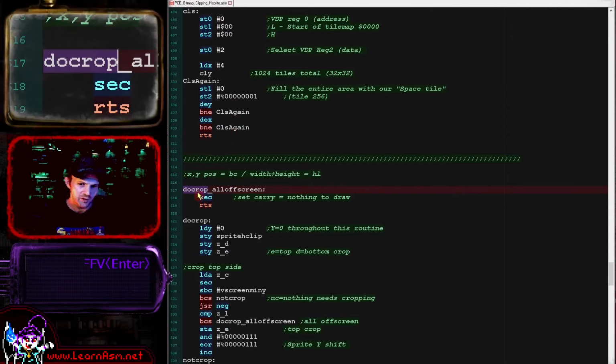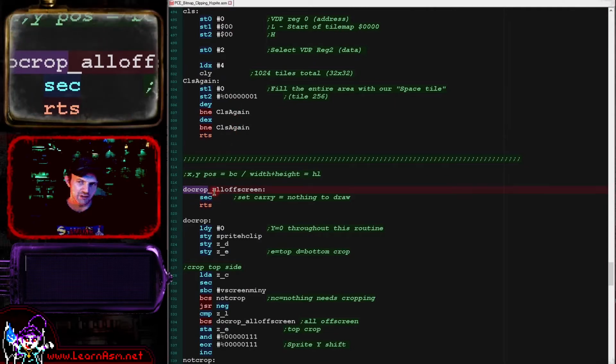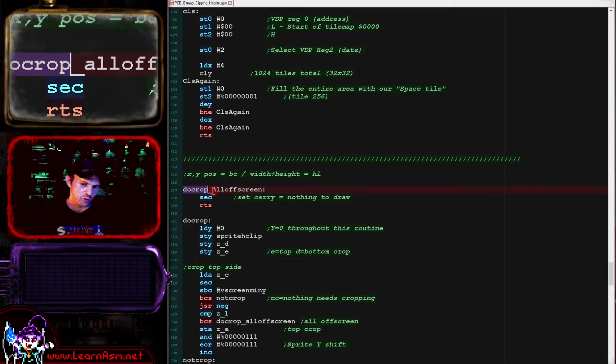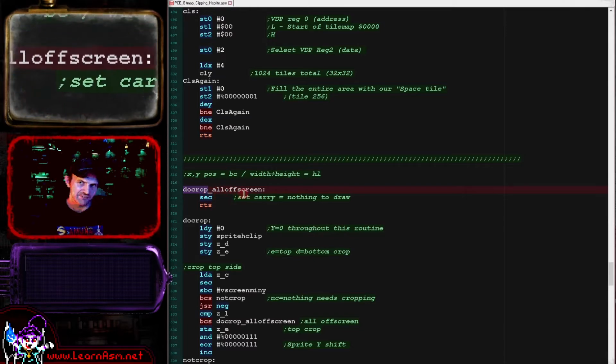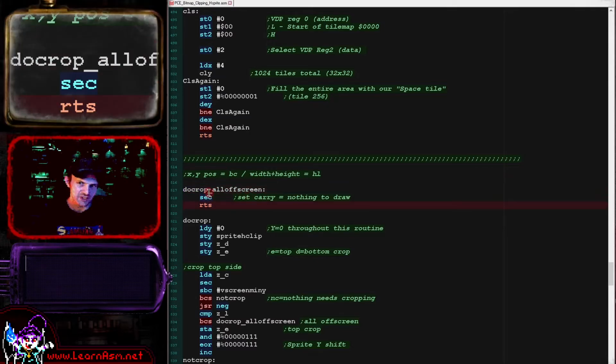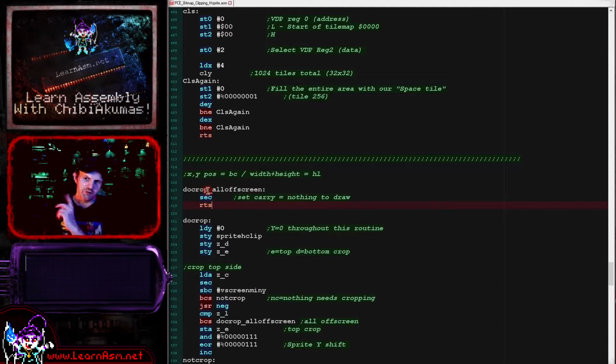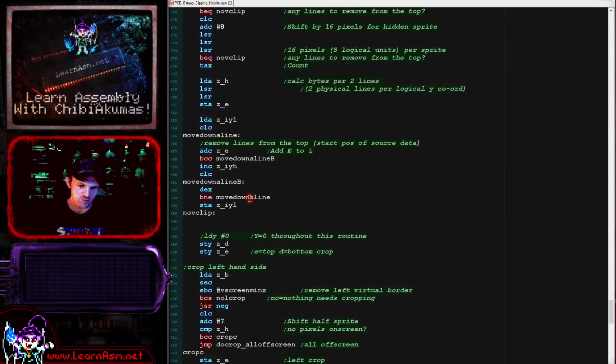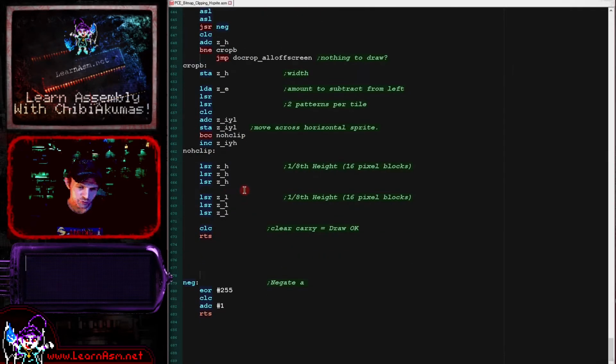So as before, our do crop routine is calculating the conversion from logical units into physical ones, and it's also handling if the sprite is entirely off the screen, in which case we set the carry and return. Now there is a slight difference in the way it works on this system for hardware sprites and the other systems. Now normally when we return, the X and Y coordinates are converted into pixels or tiles or something like